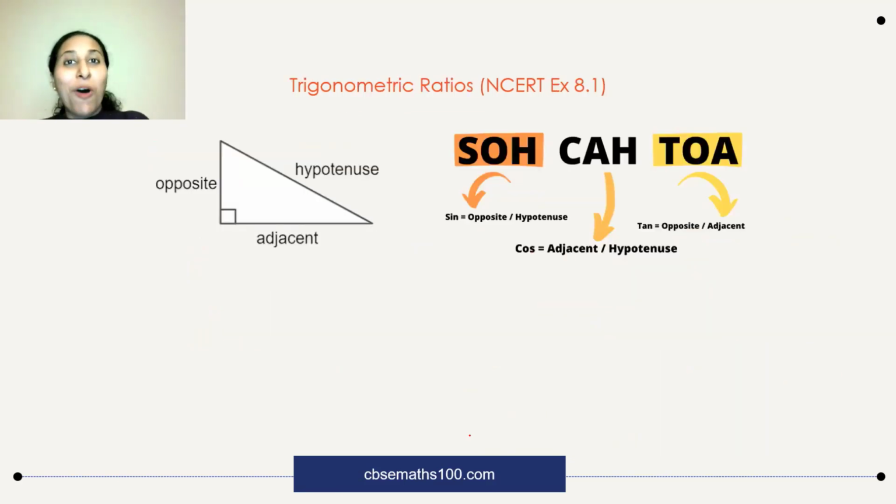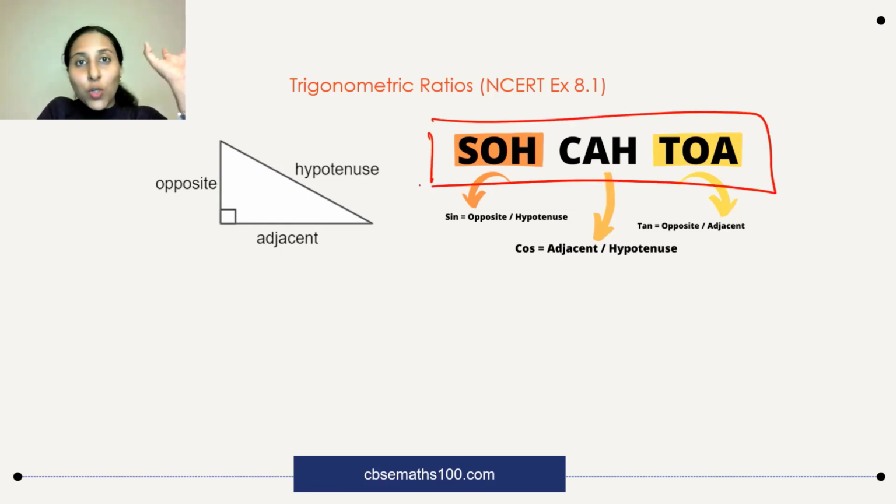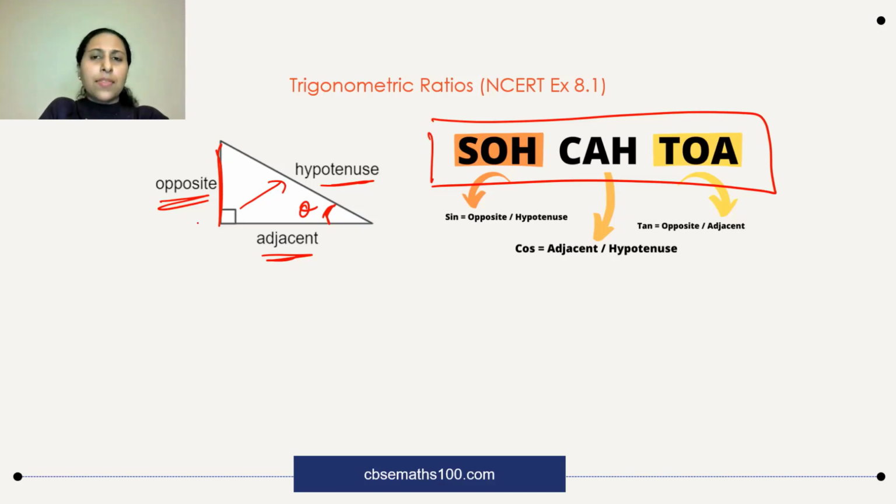Okay, next, trigonometry. In trigonometry, you need to remember the definitions of all the trigonometric ratios. It would be useful if you can remember this: SOH CAH TOA. If you have an angle theta, the side which is opposite to the angle theta is called the opposite side. The sides which form the angle will be the adjacent side and the hypotenuse. Hypotenuse you can recognize, it is opposite the 90 degrees, and the other two sides will be opposite and adjacent. Okay. Now, what are these ratios?